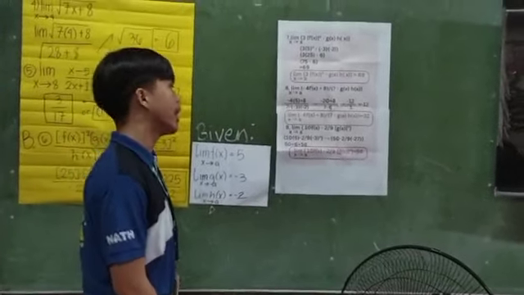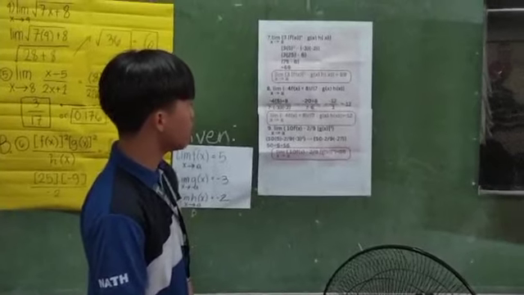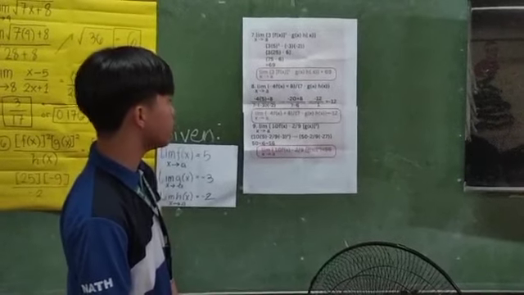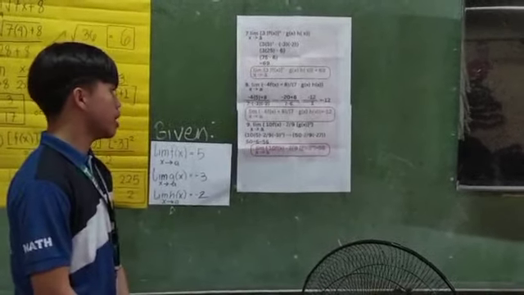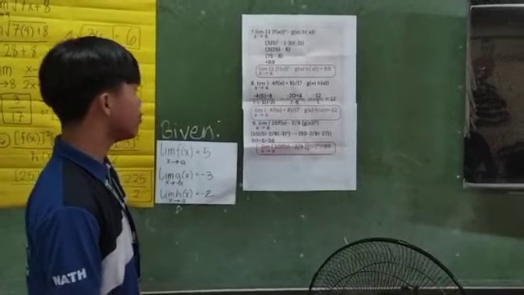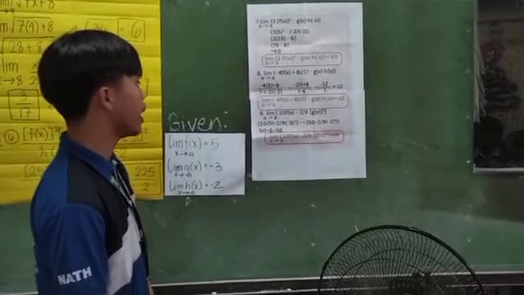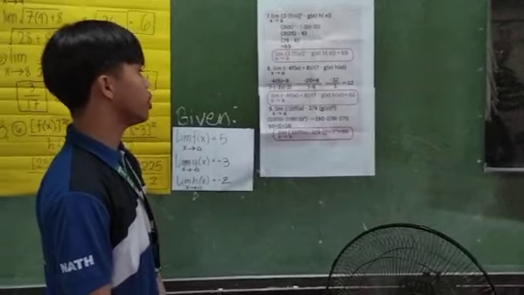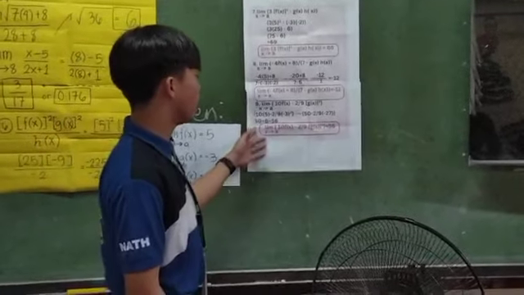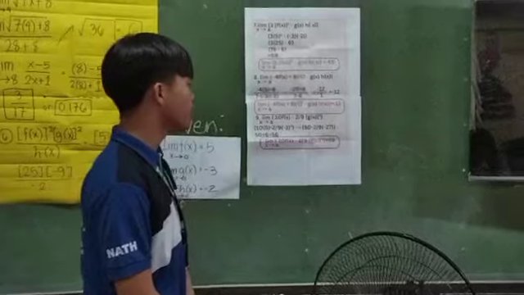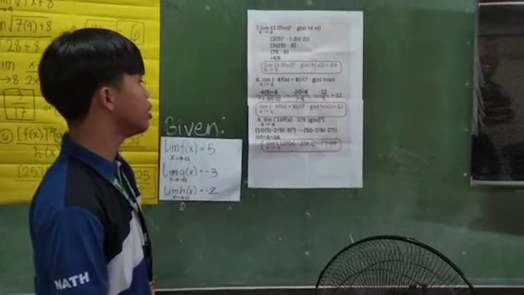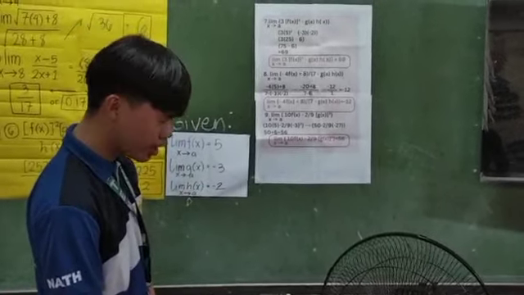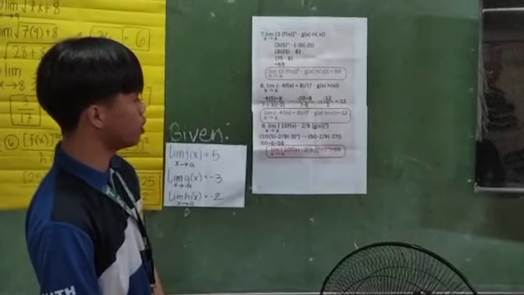And for 9, the limit of 10 f of x minus 2 over 9 g of x raised to 3 as x approaches a will be 10 multiplied by 5 minus 2 over 9 multiplied by negative 3 cubed. So it will give us the answer of 56. So the limit of 10 f of x minus 2 over 9 g of x raised to the third power as x approaches a is equal to 56.